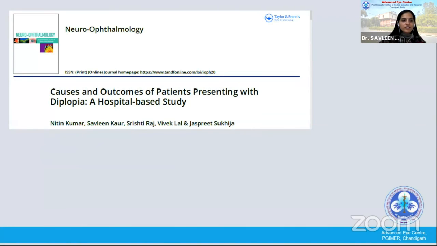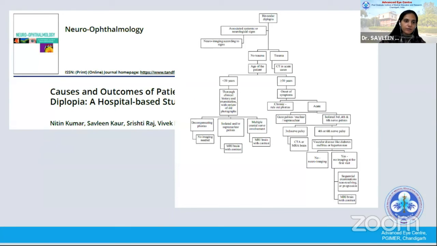We have discussed this, and we did publish a protocol in adults. We tried to see some patients of diplopia presenting to a center. Of course, there's a referral bias because we are sitting in a tertiary care center, and we saw more patients presenting with more sinister pathologies. But we gave this protocol. If you all are interested, just go through this protocol of imaging in adults: how isolated palsies with presumed ischemic causes can wait, and how multiple palsies and other presentations and signs which are sequential, not resolving or progressing, you do need to image when you see them.